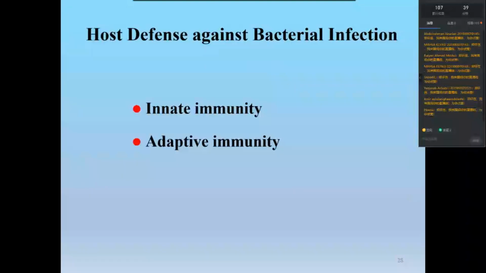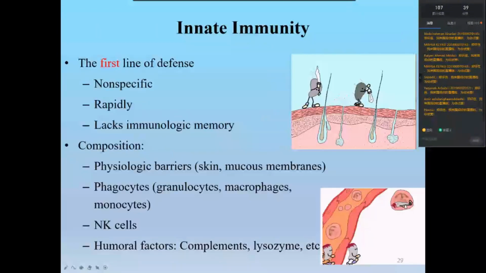Because we learned this and each branches have their own properties. First, for the innate immunity, this is the first rapidly. They lack the immunologic memory, so immunity does not form memory cells. But